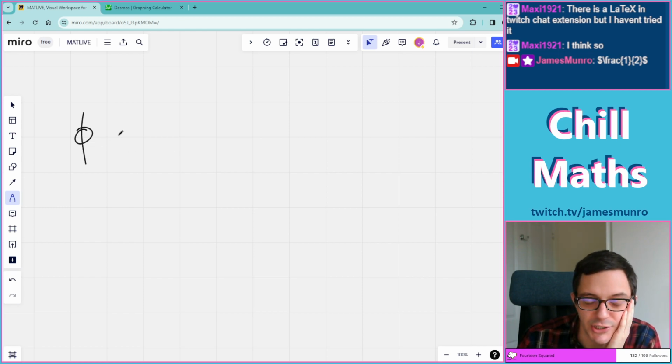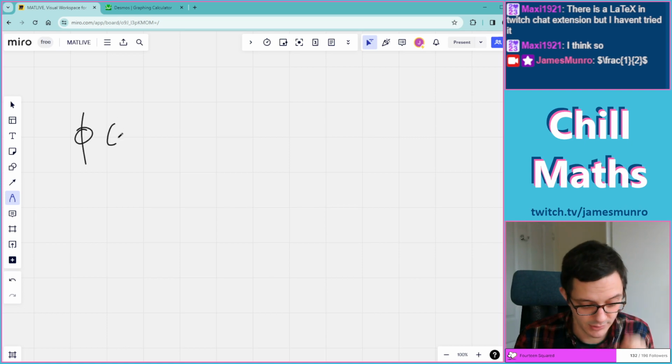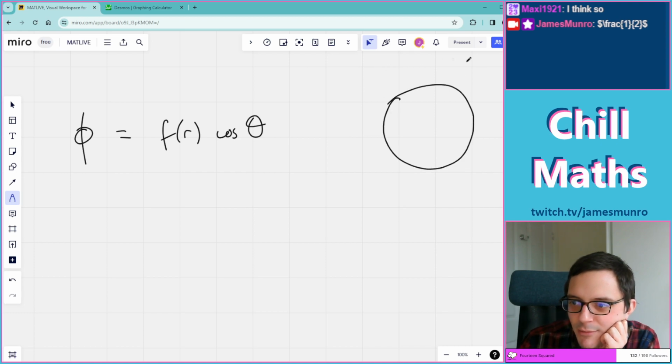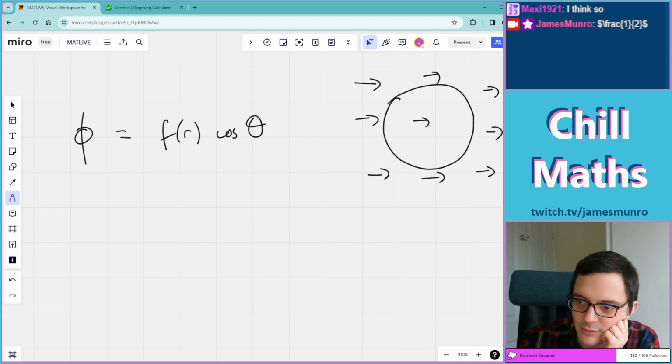So how much of this am I going to show you and how much am I just going to do? I think I'm going to look for solutions like f of r cos theta, because I've got this problem that I'm trying to find the flow around a circle, and my first guess of just the flow goes through the circle like it's not there. This is rubbish, because on the surface of the circle, where I would like the flow to be going around the circle,